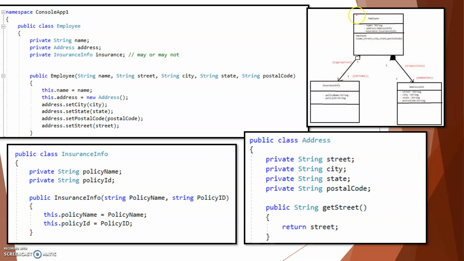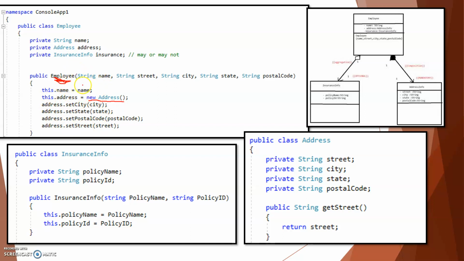In this case, we have an employee class which has an aggregation relationship with an insurance policy and a composition relationship with the address. A composition being the strongest, closest form of relationship between classes, and you can see that within the constructor of an employee object, we create a new address object as well, which is set